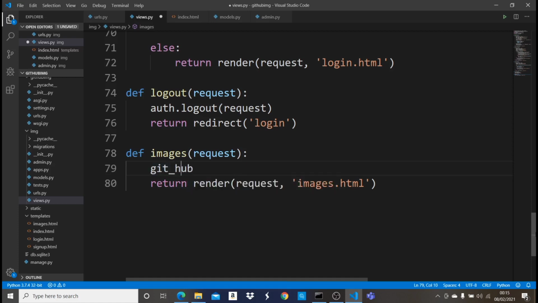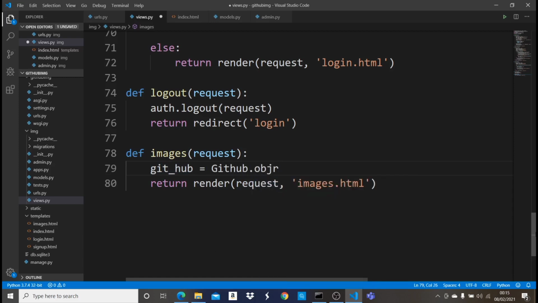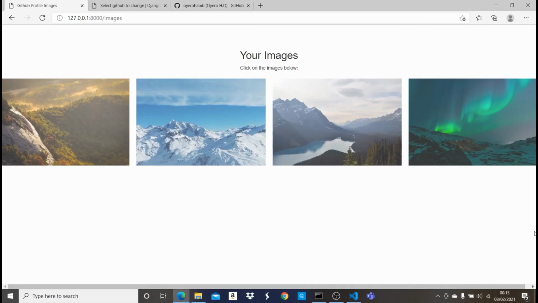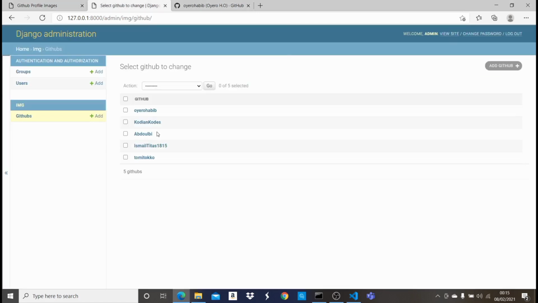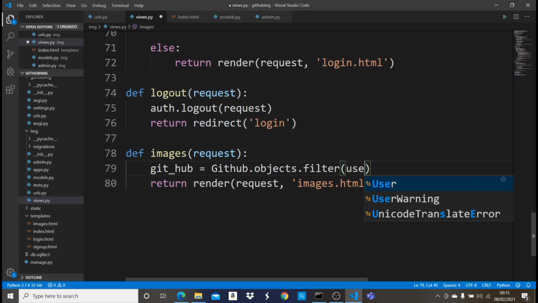Let me just put an underscore here to make it different. So I think that should be okay. github.object.filter, the one in which the username is equals to admin, like this. So this should work. So now once we have this,